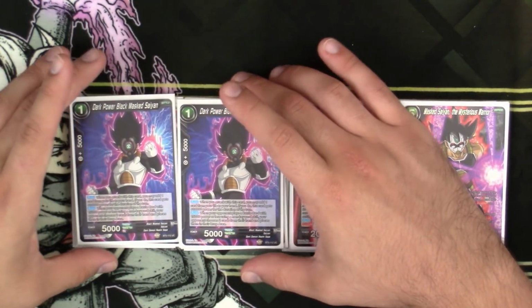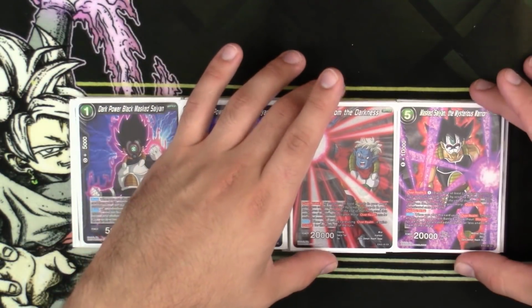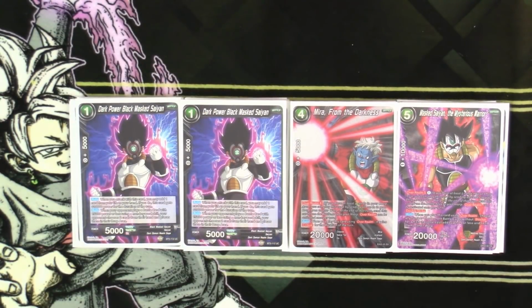And next up here, I am going to be running 2 copies of Dark Power Black Masked Saiyan. Now this card has 2 autos. The first one you don't use too often, but it's good to know. The auto is when you attack with this card, you add a card from your life to your hand, and it gains 10,000 power for the duration of the turn. Again, it's a nice way of awakening if your opponent's stalling you and you're not getting into your Krillins,